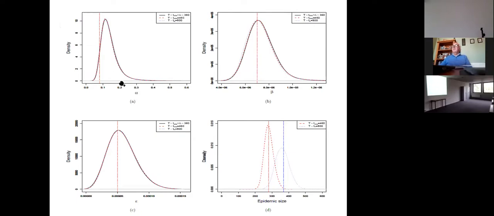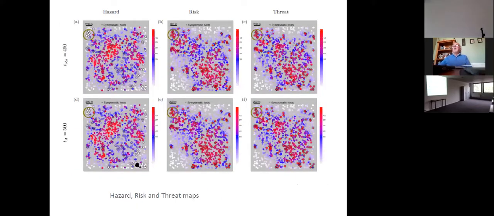Just very quickly, this is to show that when we estimate the parameters in our model, we're able to get estimates of the parameters which are consistent with the values used in the simulation, albeit with a lot of uncertainty. And then what one can do is to look to see, if you applied those prioritization measures, which sites would you view as being the ones which are